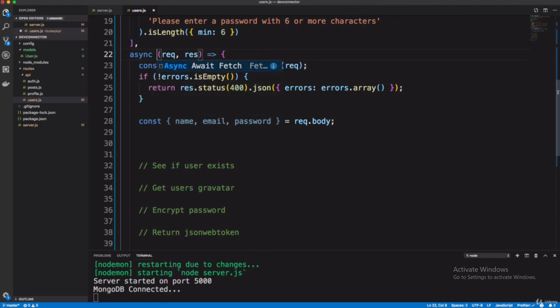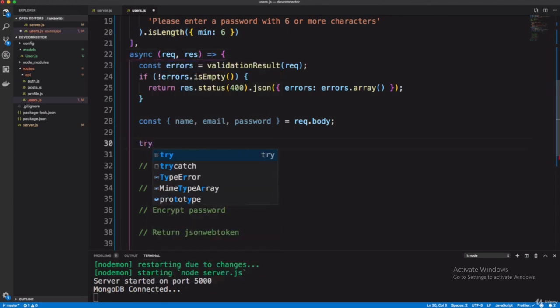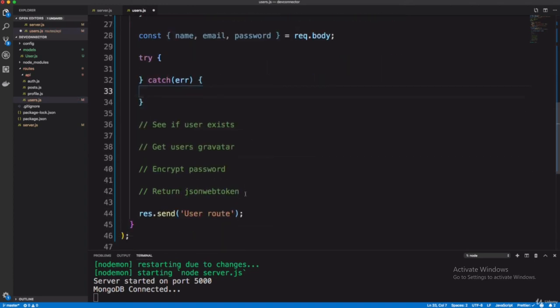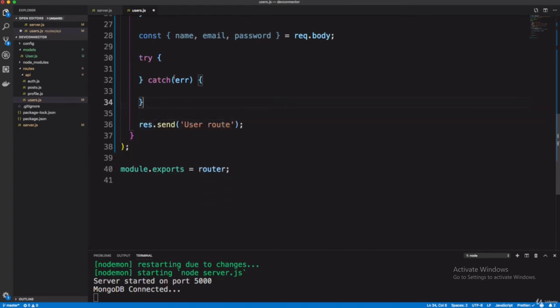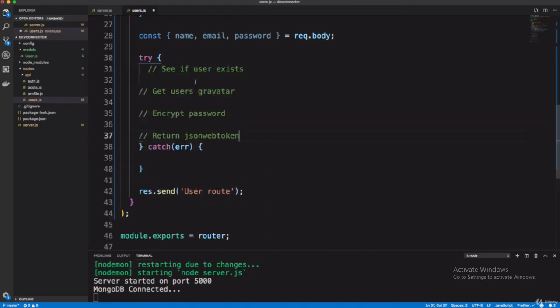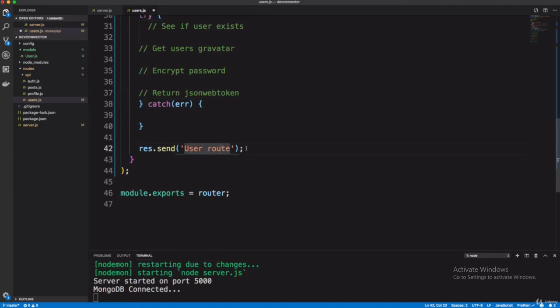Here I am writing async, using a try-catch block with await. In the try block, and in the catch block we catch the error. If any kind of error occurs, it will throw an error. I am putting all this stuff into our try block and pasting it here. There is no need for that, get rid of it.